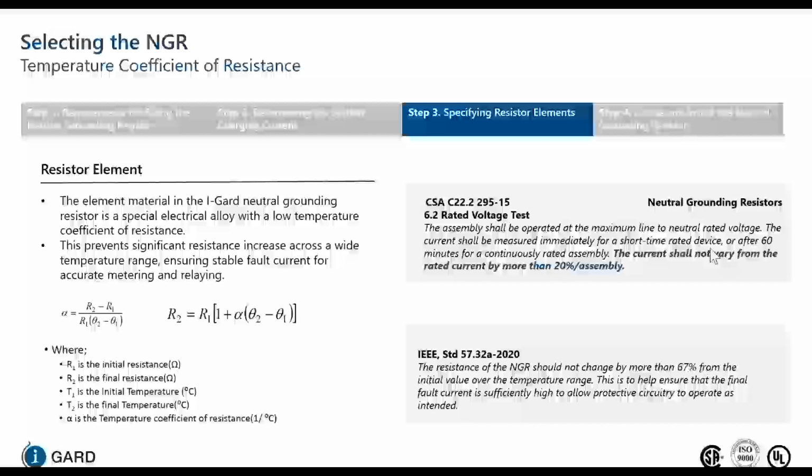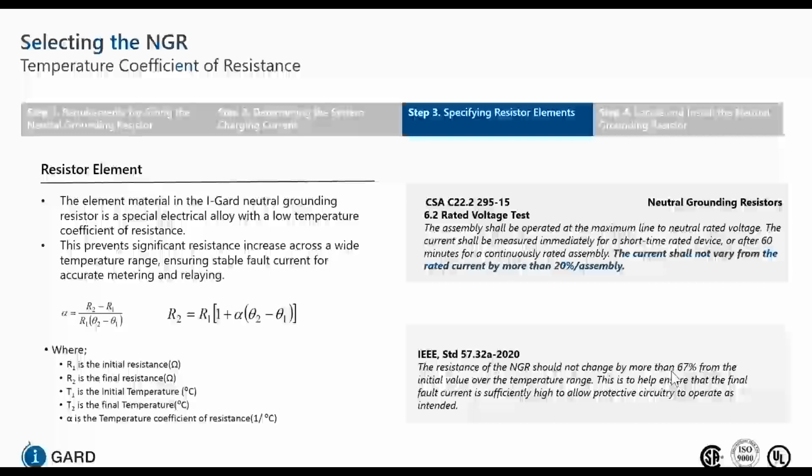If the current varies from the initial current to the final current by more than 20%, it is not a CSA approved device. IEEE 32 says the same thing, but in a different way. They say the change in resistance shall not change by more than 67% from the initial value to the final value. When you choose that 34.7 ohm resistor, you've chosen what that resistor is going to be at an ambient